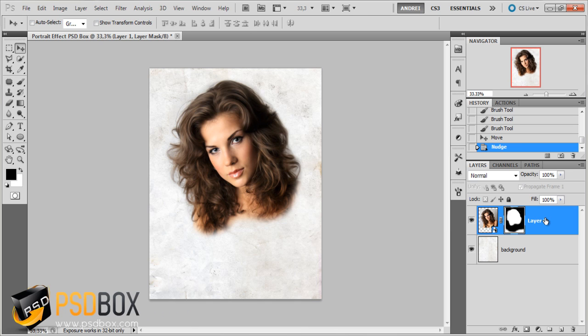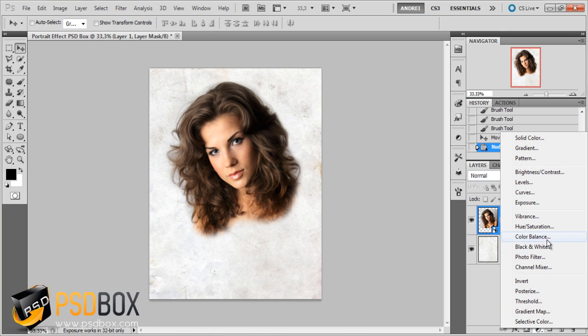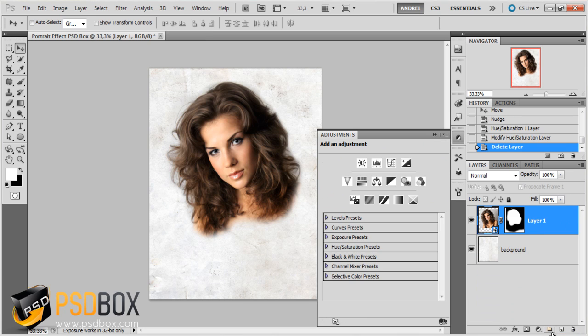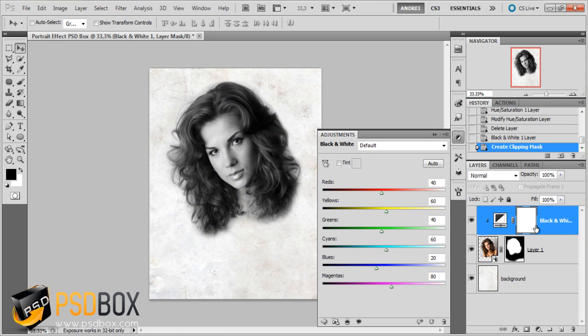Okay, and the next thing we have to do is turn this into black and white, and you could use the hue saturation and just reduce the saturation, but it's not looking good. What you want to do is use the black and white adjustment, because this adjustment layer allows you to change the brightness of each tone separately. You have all these channels here. You want to have a high contrast image. Make sure you don't